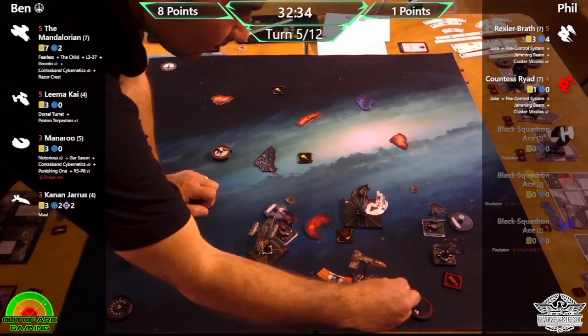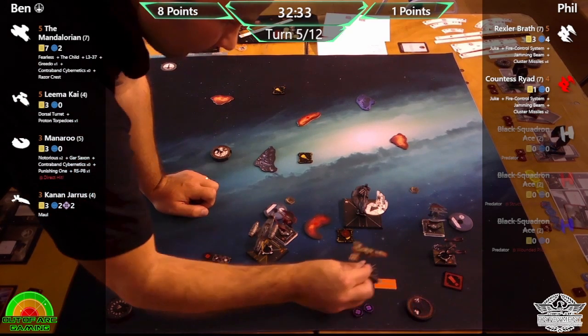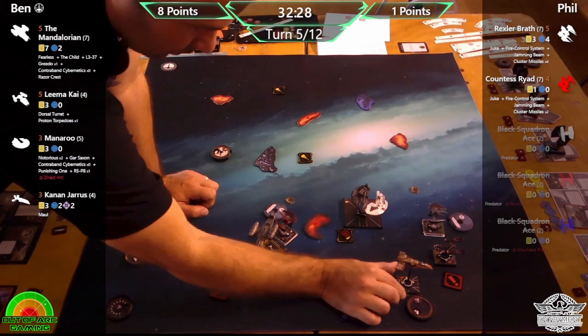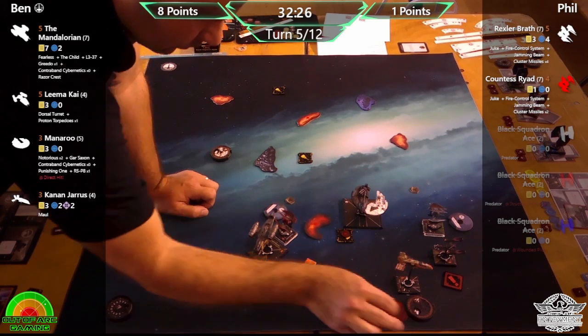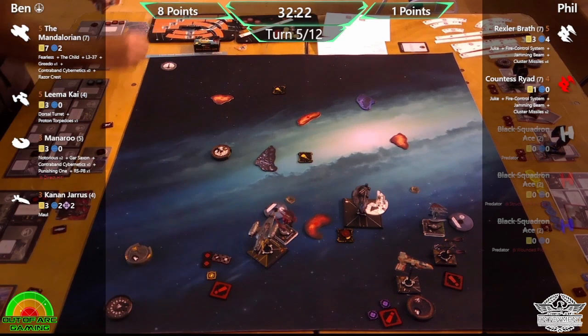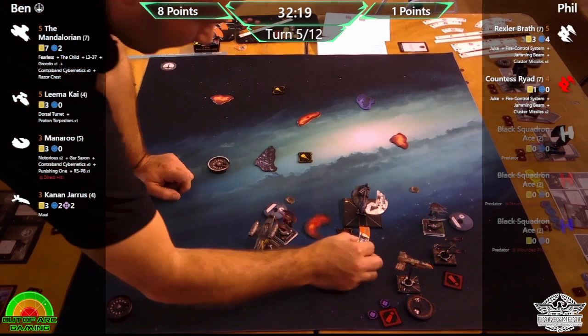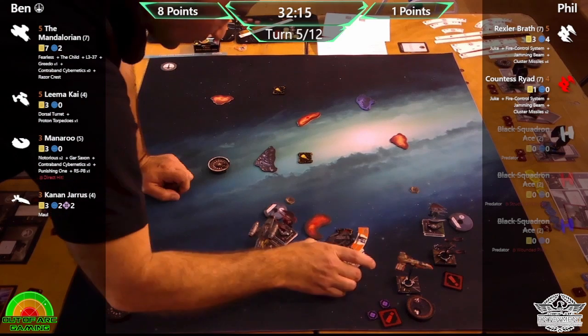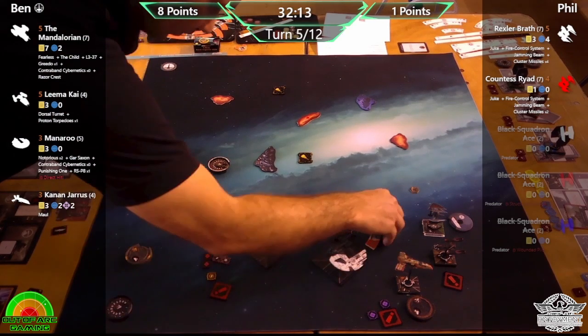I'm trying to decide who would be my pick. Who would I try and focus down on? I'm not entirely sure. I go for different guys for different reasons. I mean, points-wise, I'd be looking at Manaroo, because Manaroo is 5 points, and when looking at it, I need as many points as possible. However, if I was able to...